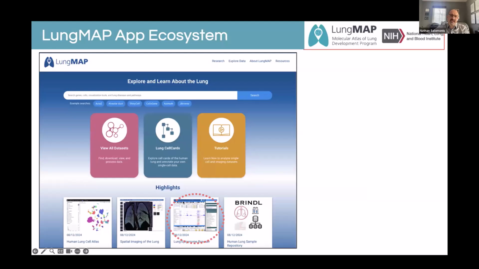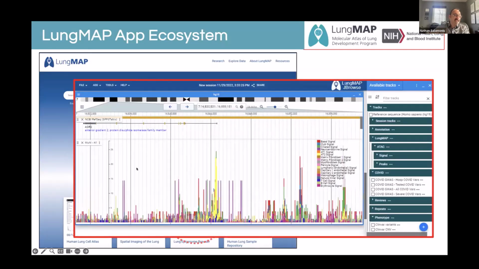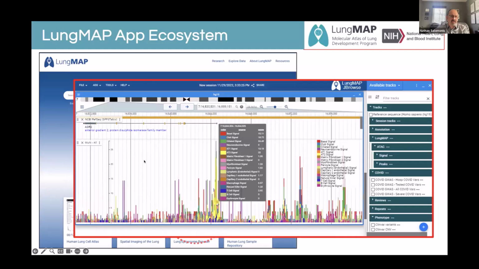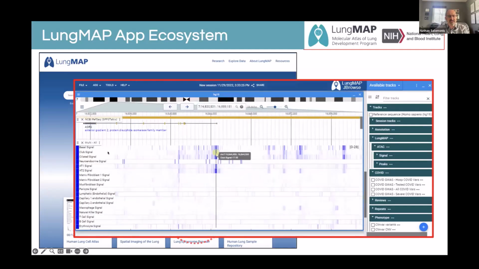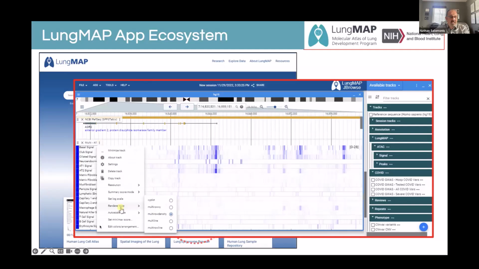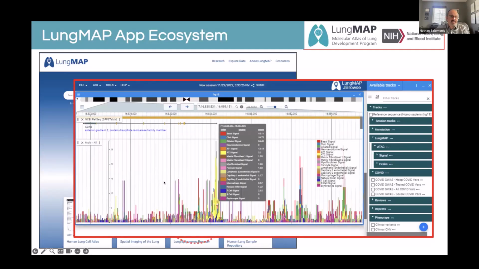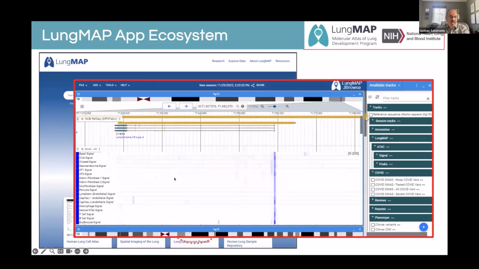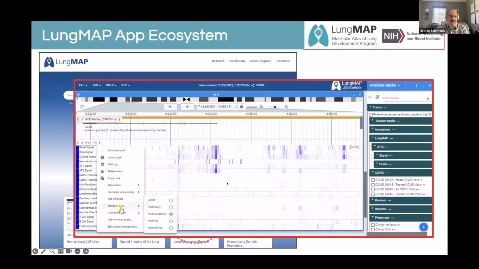We also have a robust epigenomics browser. If you click on the epigenomics browser, you can view ATAC-seq data, for example, from healthy human lungs at various time points of collection for a variety of populations, and look to see potentially where enhancers or other regulatory DNA sequences reside in the genome that correspond to open chromatin.